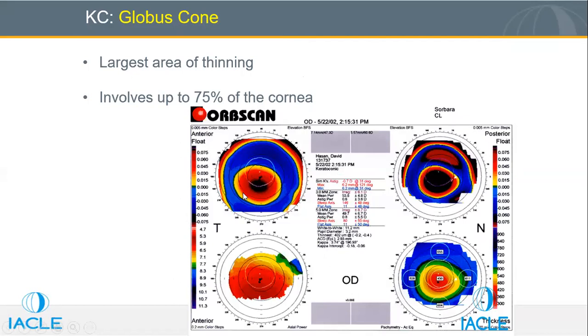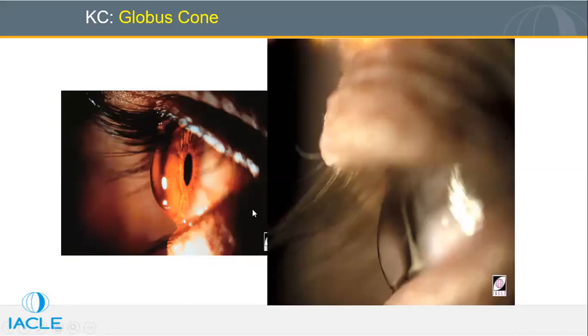आपका normal जो RGP lenses होता है, we normally require a very special kind of lenses, और बहुत ज़्यादा time में only option you have is a scleral lens to fit this globus cone, because cone इतना बड़ा होता है कि whenever you are going to put an RGP lens, eventually the lens is going to pop out from the cornea. So if you see from the side, you will see a globus cone. मतलब आपको ये uniformly 360 degree thinning दिखेगा, and the cornea will appear like a globus cone. So these are very hard to fit, और इसमें astigmatism would be very high also.